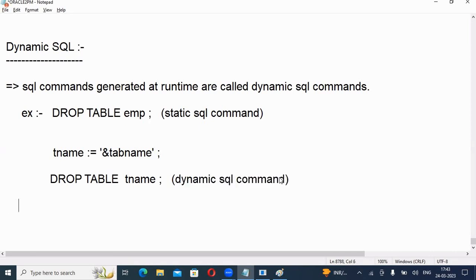That means which table it drops depends on what? Which table it drops depends on the table name entered at runtime. If the table name assigned to this variable at runtime is EMP, this command drops the EMP table. The table name assigned to this variable is D